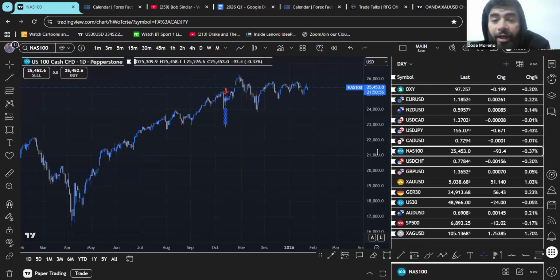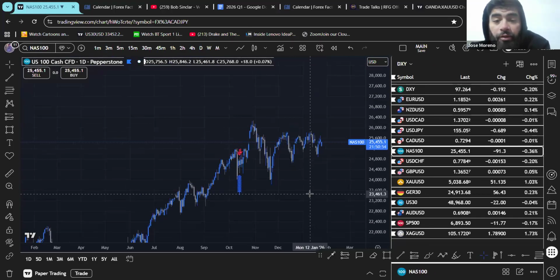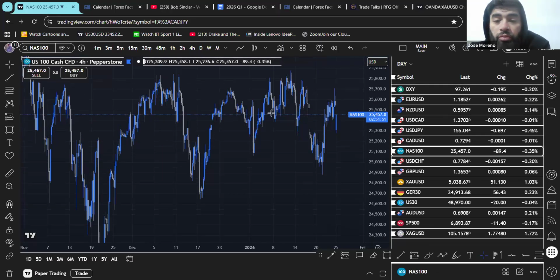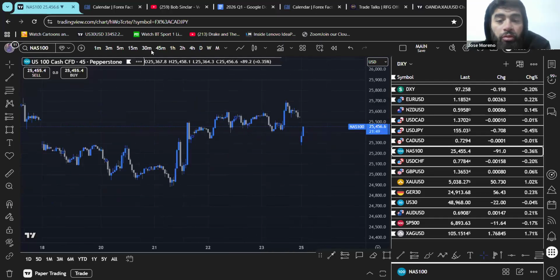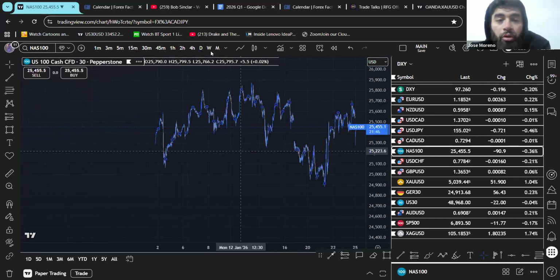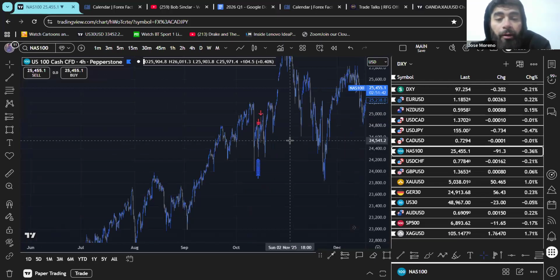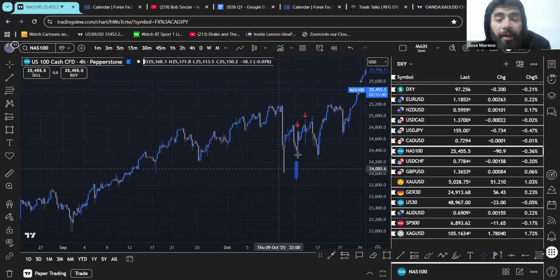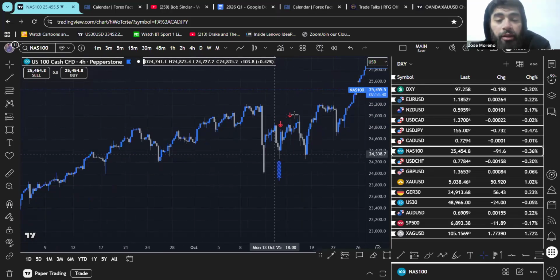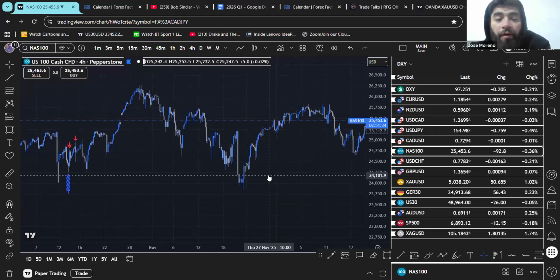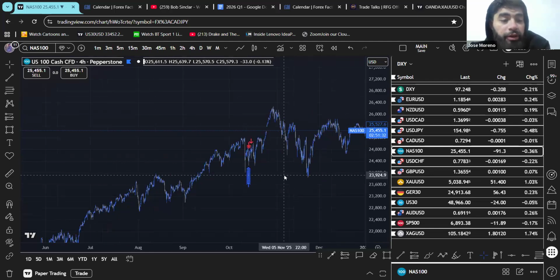Now we also asked about NAS and indices, so this will be the last thing. We're already kind of going over time. Well, obviously we've been following NAS for a while, right? Really nice buys here. I remember these buys. But yeah, so we ended up obviously seeing reaccumulation after reaccumulation really happening.